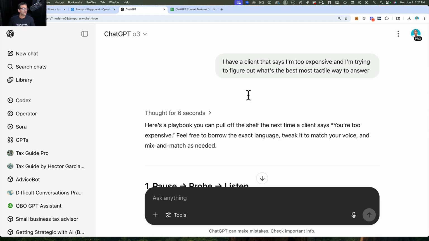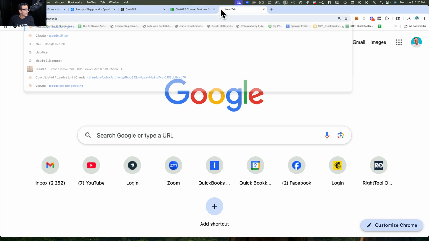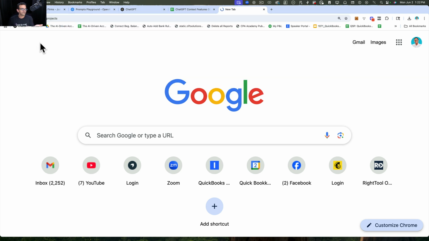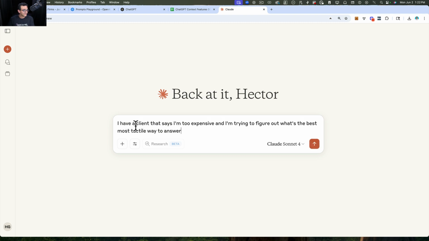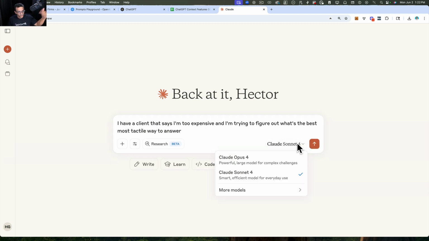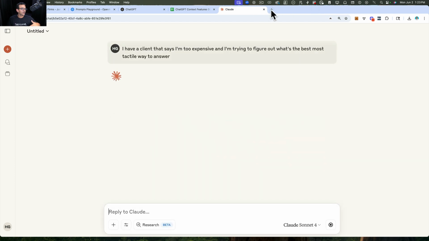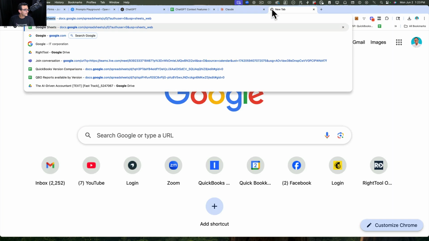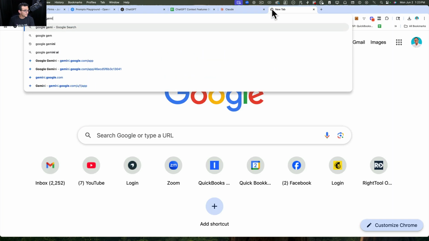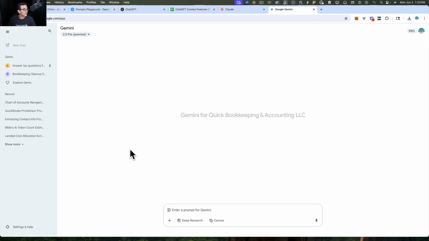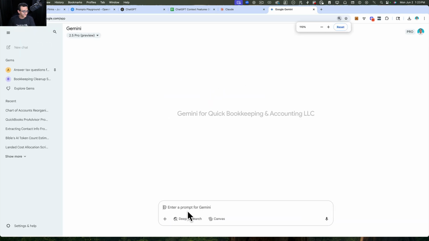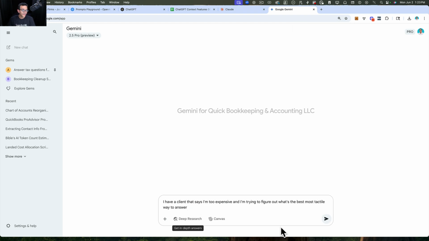And then if you go to an entirely different model, let's say, for example, you go to Claude, which is a competing model, this is not ChatGPT. And then I start a new chat and I ask Claude the question. And even within Claude, I got multiple options. So I send the question there. And then I go into Google Gemini. Let's go into Google Gemini. So I just wanted to give you some context to acknowledge the overwhelming nature of having so many different things to choose from. And I pay for all three of these.